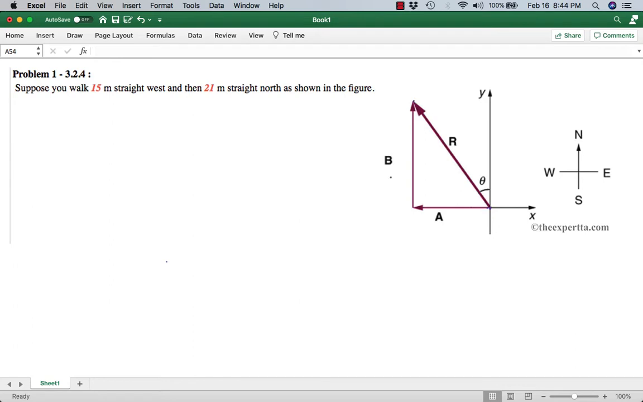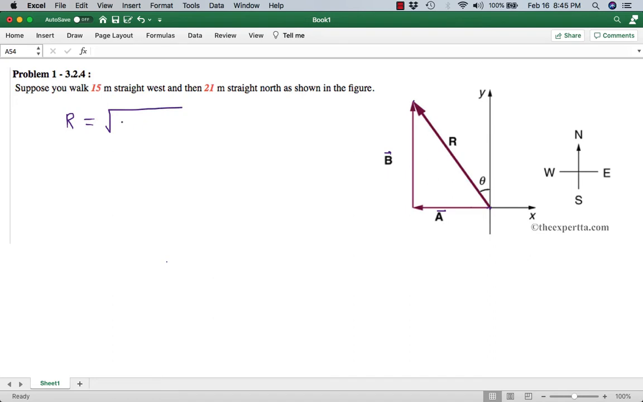Okay, so this is a vector problem. You have this vector and then you have this vector, so you need to add the two vectors. Okay, so when the two vectors are perpendicular to each other, you can get the magnitude of the third vector by using Pythagoras theorem. To find the magnitude of the third vector r, you can use square root